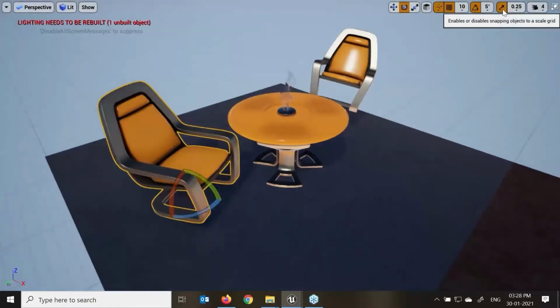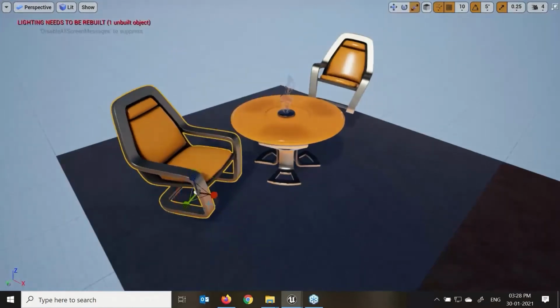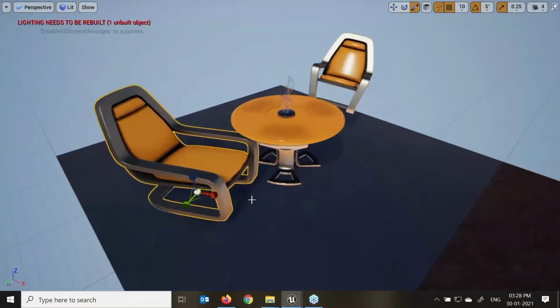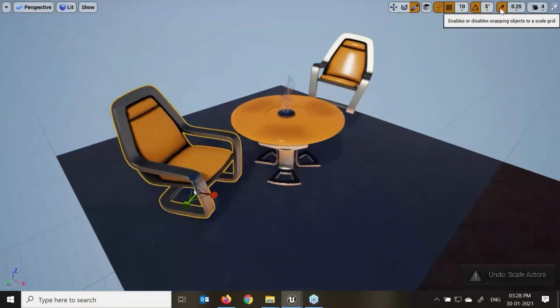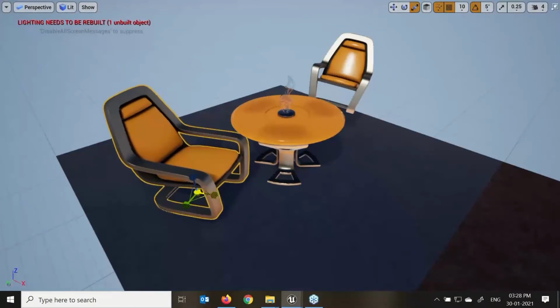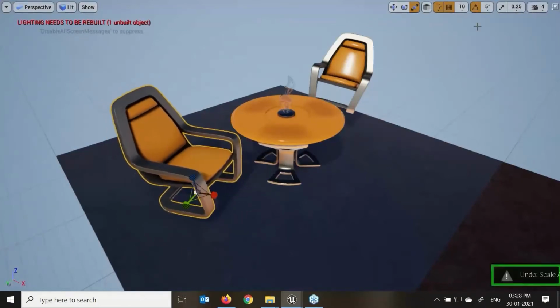Here we have the scaling, edit the snapping options like scale grid. If I'm scaling this, again it works with W, E, R and the space bar. Again you can select. Here we can see this is also working with the snapping. If I turn off that option, here we can see this is not scaling as per the grid. Turn on these options, we can scale as per the grid over here.